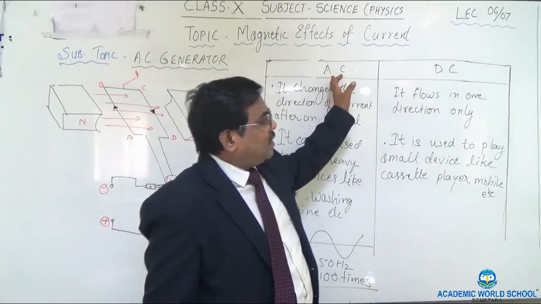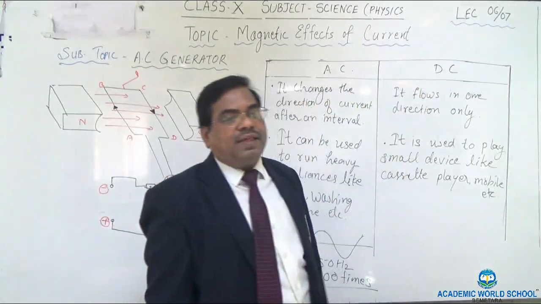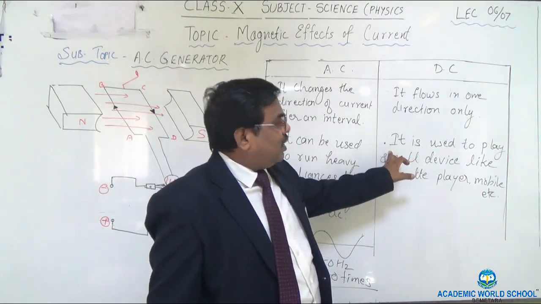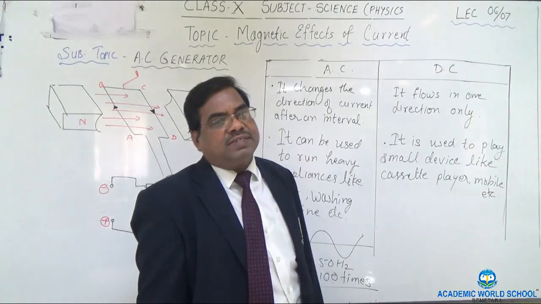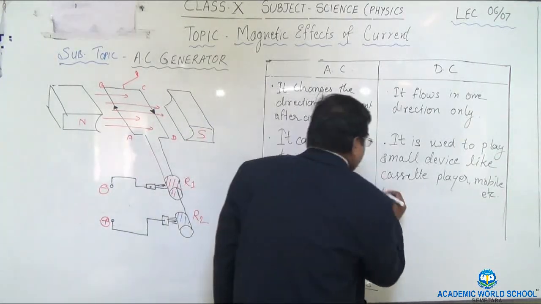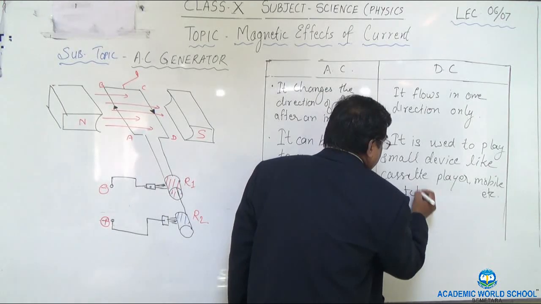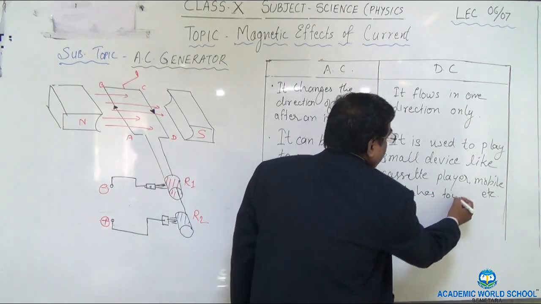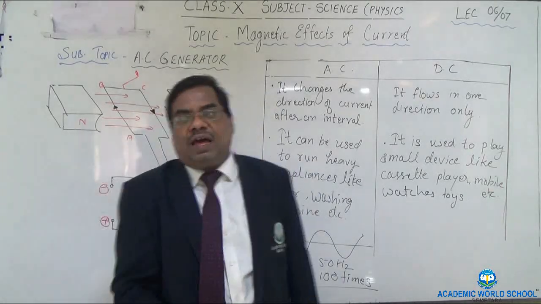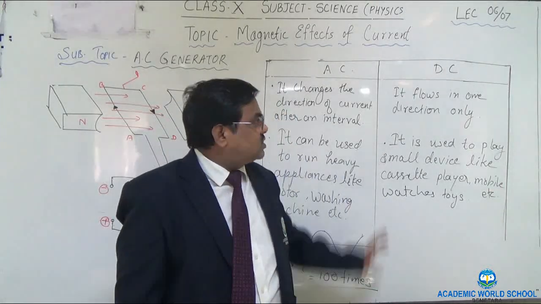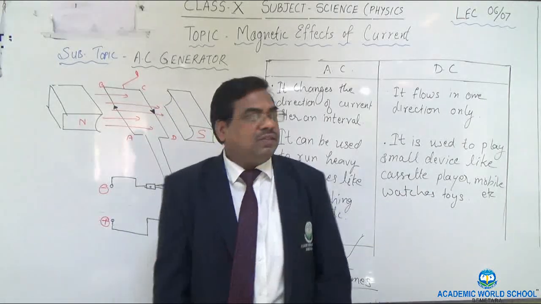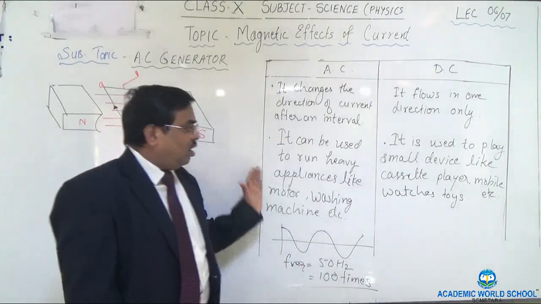So alternating current and direct current are the two different types of current. Direct current is used in small devices like Walkman, watches, cassette players, toys, etc. So simple smaller things use direct current, whereas the heavy appliances make use of alternating